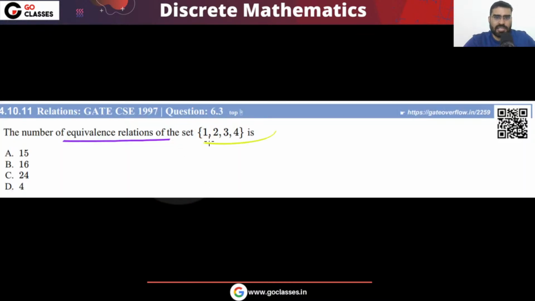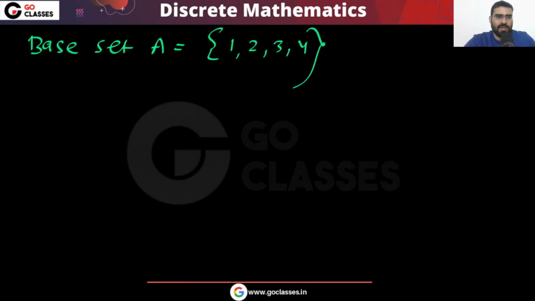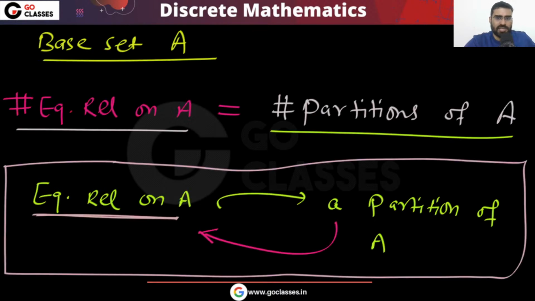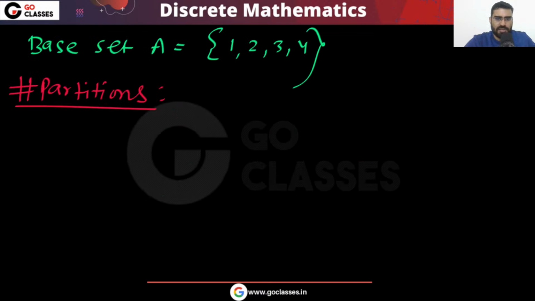Here the question is saying that your base set has 4 elements. So your base set A has a total of 4 elements, that is 1, 2, 3, 4. So just find out how many partitions you can create. This will be your answer. The number of partitions you can create is equal to, let me tell you one more thing, basically it is a